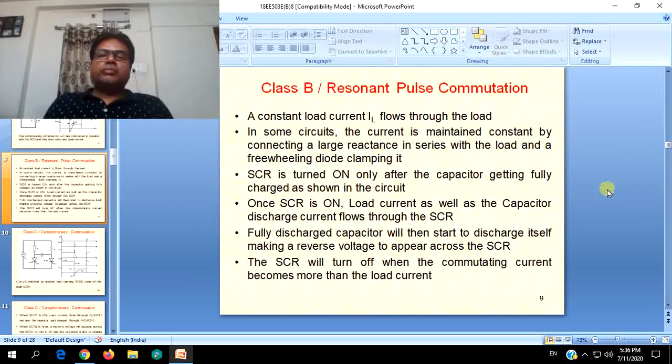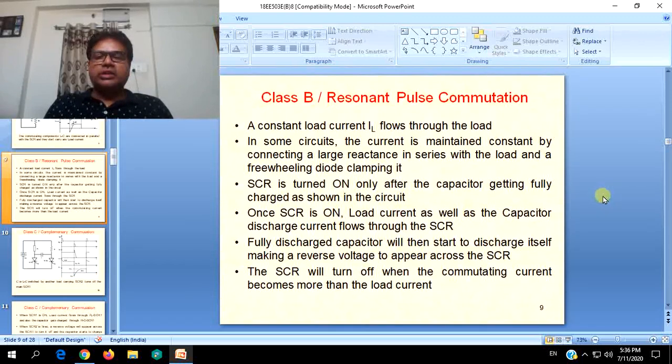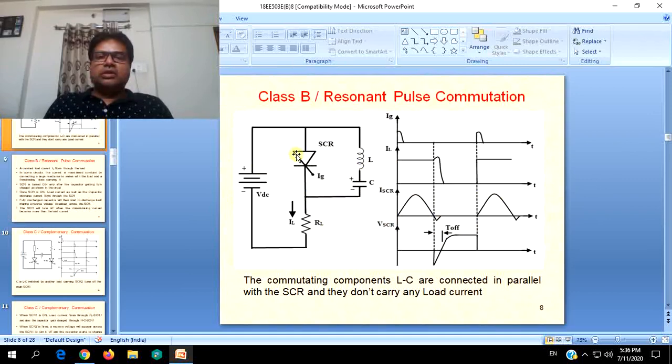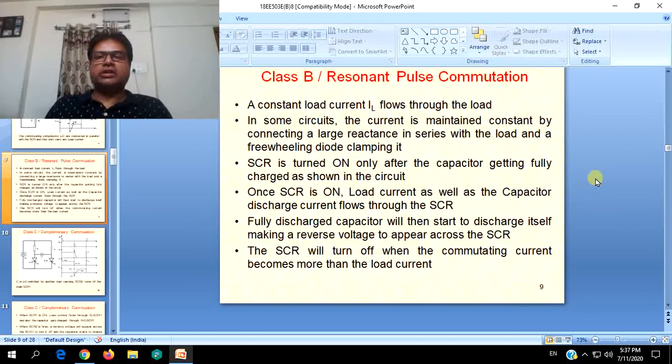That is how the main SCR will be turned off, by using an auxiliary SCR. In this, no auxiliary SCR is used, but in both cases, the pulse which enters the cathode of the SCR is due to the continuous charge and discharge in anode to cathode and cathode to anode direction. When it flows from cathode to anode, it becomes the commutating current, eventually decreasing the load current and also the SCR current, so it turns off. That is why it is called resonant pulse commutation, which is a sort of current commutation.